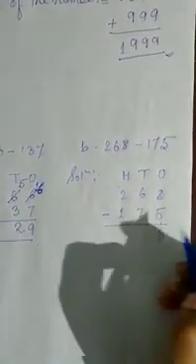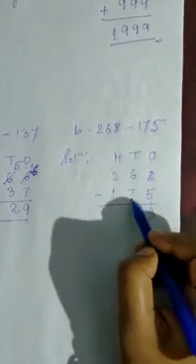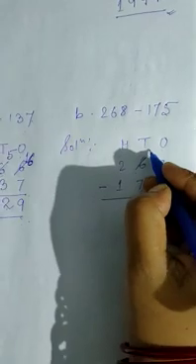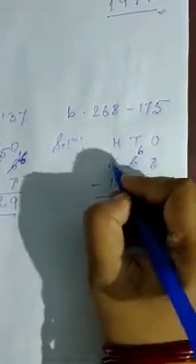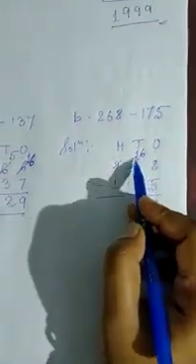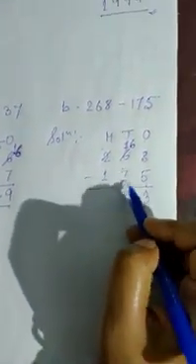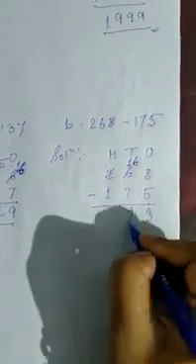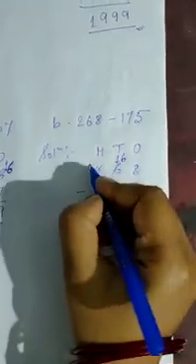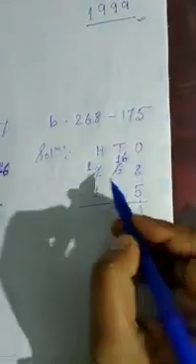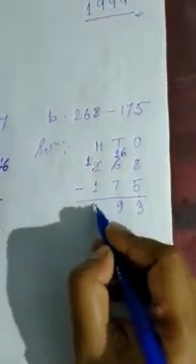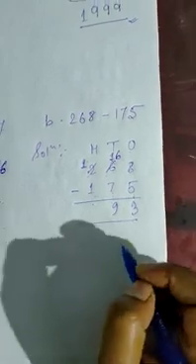3. But you see here given 6 minus 7. It is smaller, so we will make it greater. To make it greater, we borrow 1 from the hundreds place. Now it has become 16. 16 minus 7 is 9. From 2 we have borrowed 1, so 1 is left. 1 minus 1 is 0, so no need to write 0. So 93 is the answer.